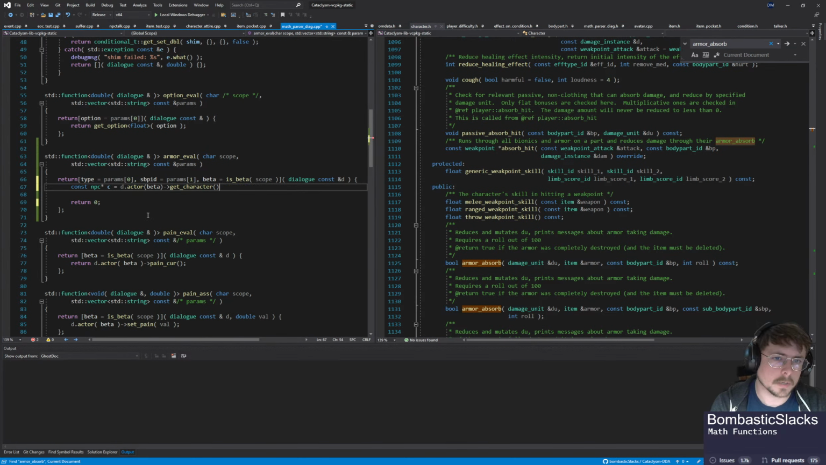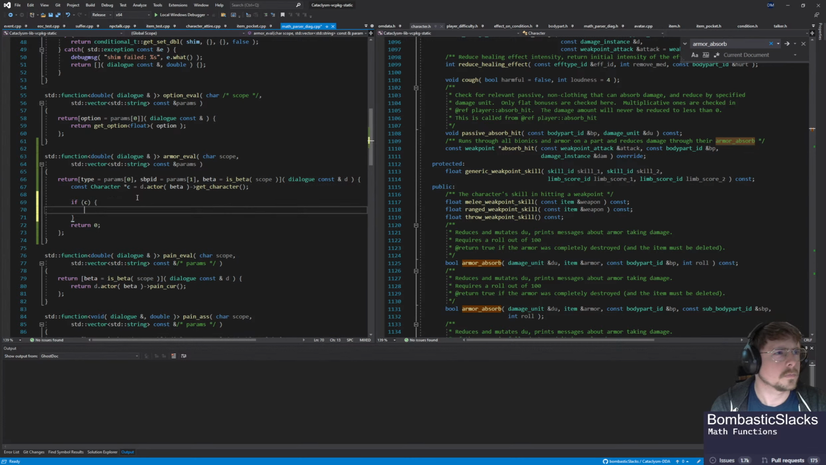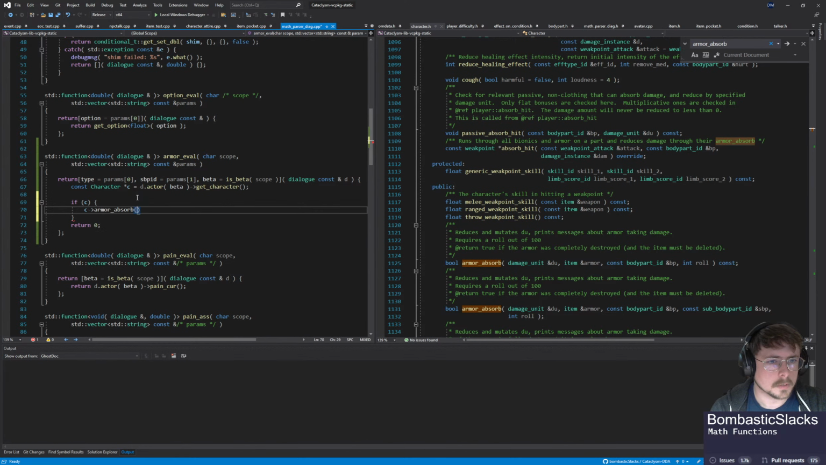So this is the finicky part of it, actually doing the code bit here, but that's okay. Still gonna do this. I don't know if it can fail to cast, but I don't really want to worry about it. Armor absorb. We want a